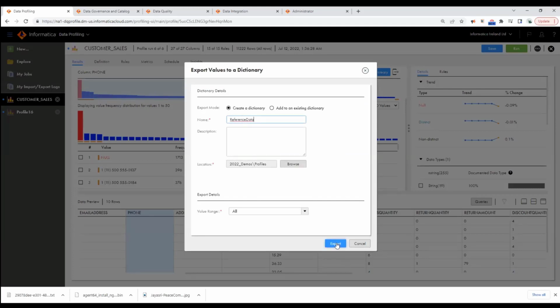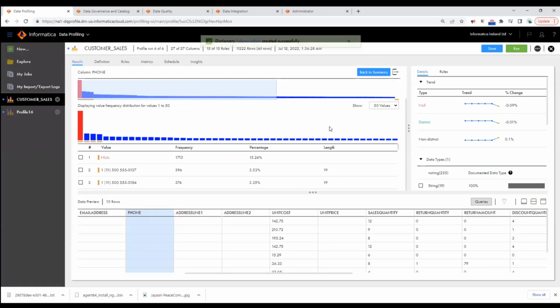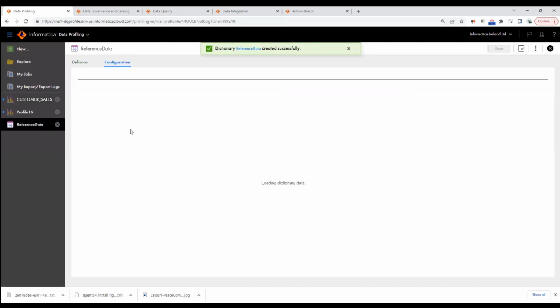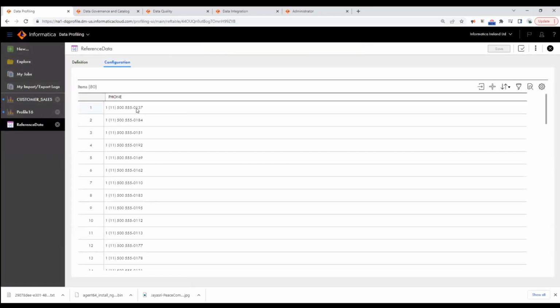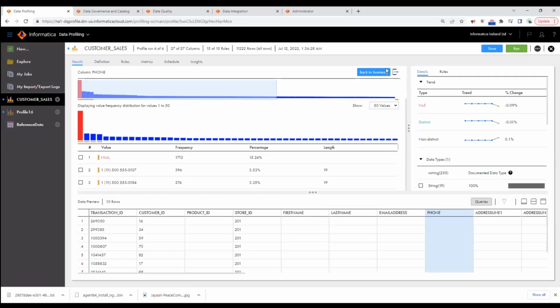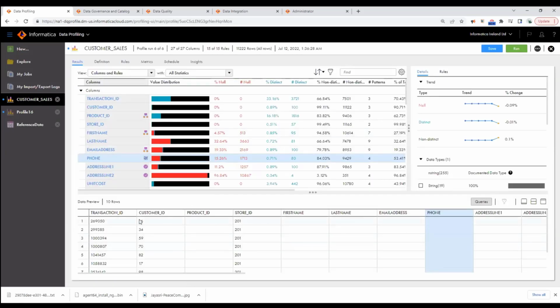And then simply export it. So once I export it, it creates a reference data dictionary. And then you can start playing with the dictionary in case you want to apply and use that data in your data quality rules. I'm going to show you one example of how to use the data quality reference data or dictionary in a data quality rule. But before that, coming back to the summary here,